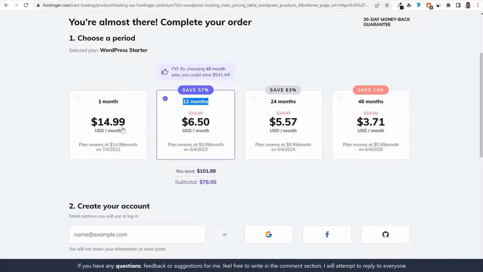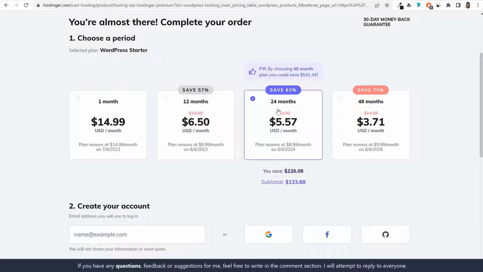And here, as you can see, the regular price is actually $15. But if you purchase for 1 year, you'll get it for only half the price. In fact, less than that. You're getting it for only $6.50 per month. So basically here you're getting this for half the price. But if you go with 2 years, 24 months, you'll get it at an even cheaper price. For example, for just